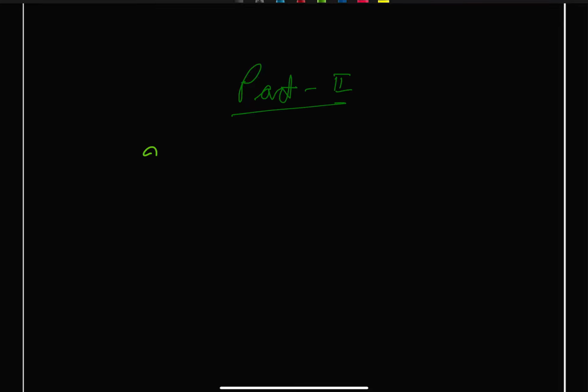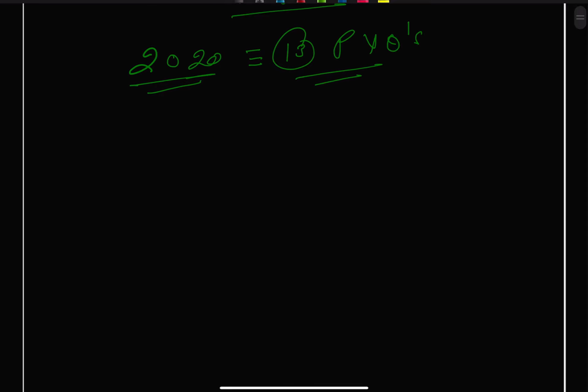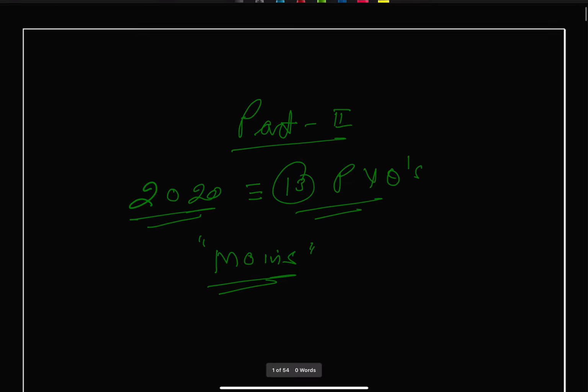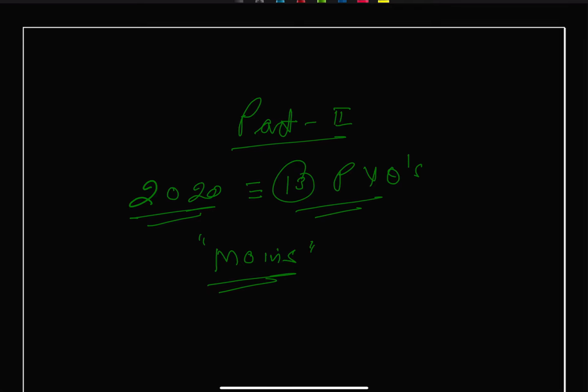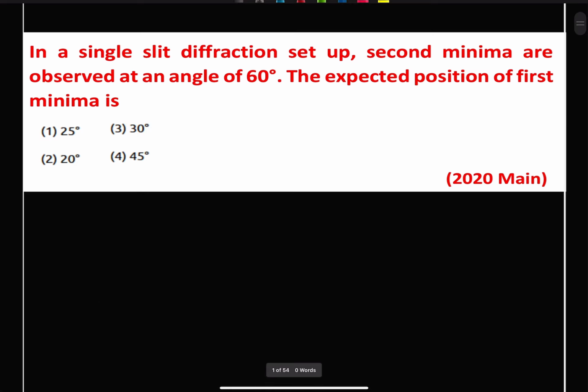Today we are going to do part 2 of the questions which were asked in the year 2020, and they are a total of 13 questions, and all these questions are from the mains only. We also require part 3 to cover all the questions from year 2020, and part 3 will consist of mains as well as advanced questions. So, first question: